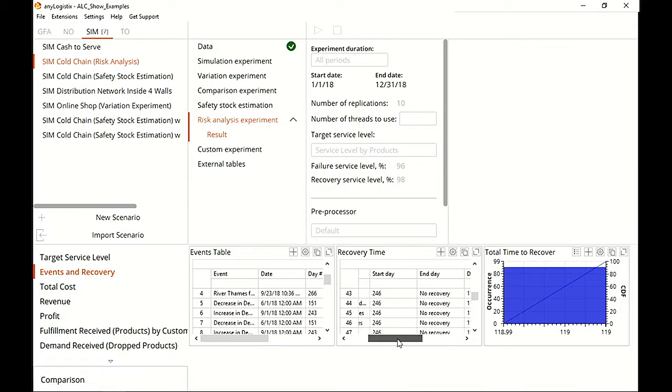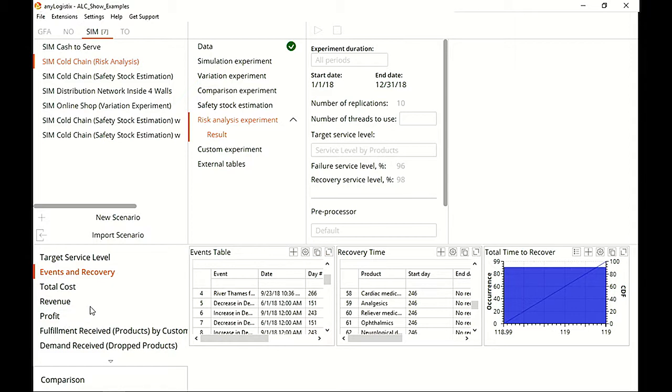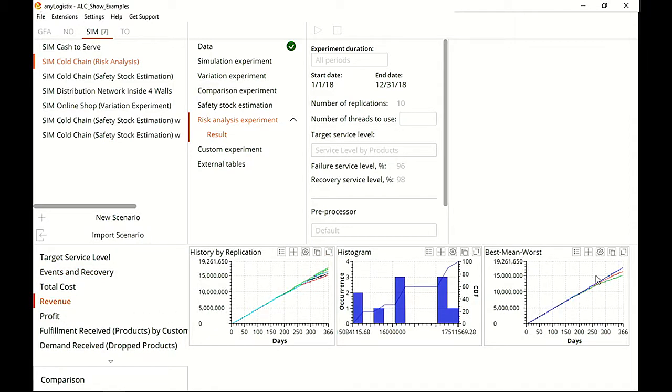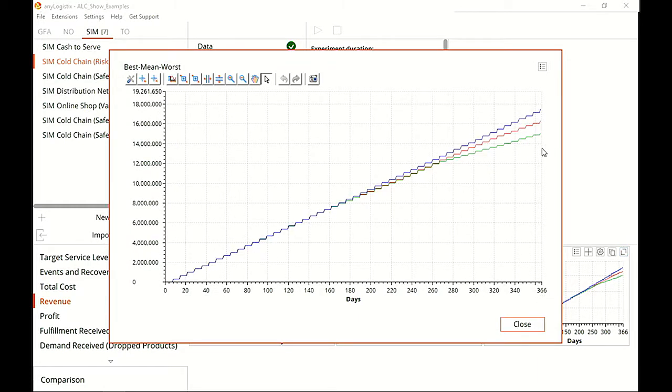And we can also understand how long did it take to recover and whether system recovered at all after this disruption. And for any measure, we can see like best, worst, and mean case of any characteristic,